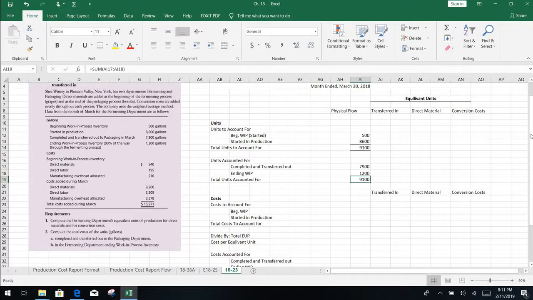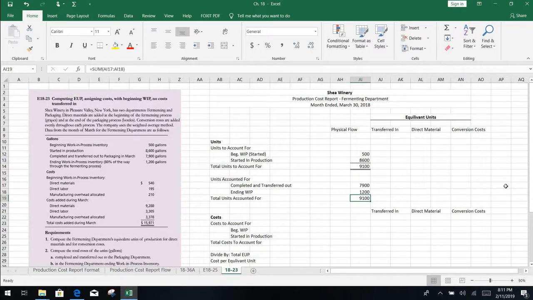And I forgot to mention, at the beginning, you probably should put the percentage complete somewhere over to the side so you'll remember. So let me pick that value out. And it said they're 80% of the way through the fermenting process. So I like to put 0.8 just to remind myself that's the value I'm going to use